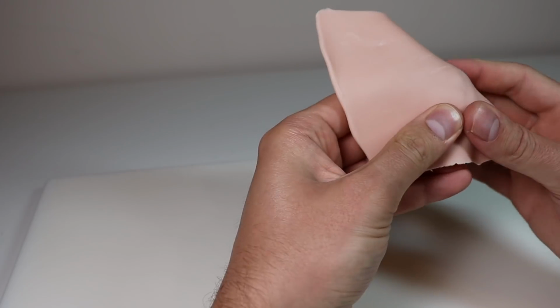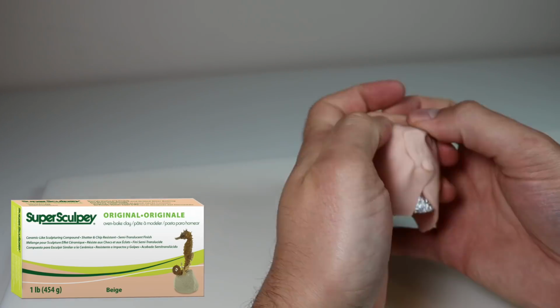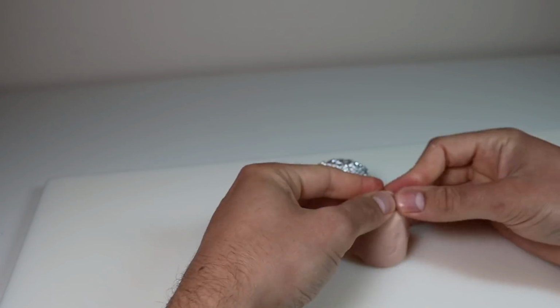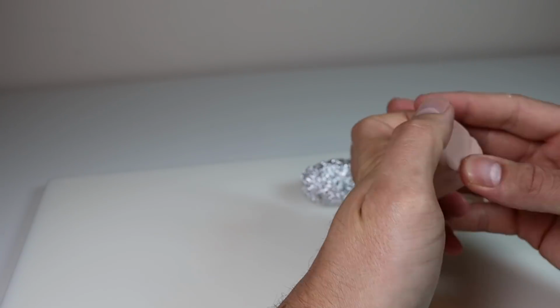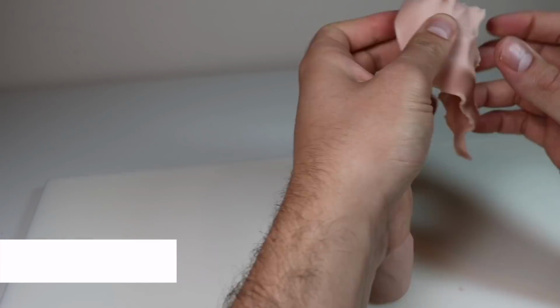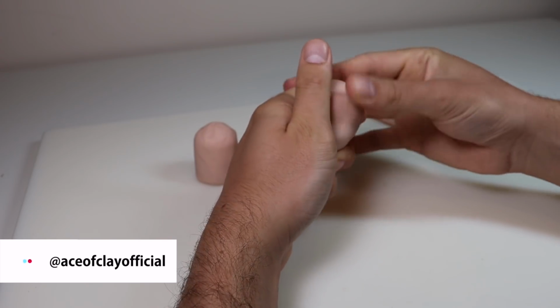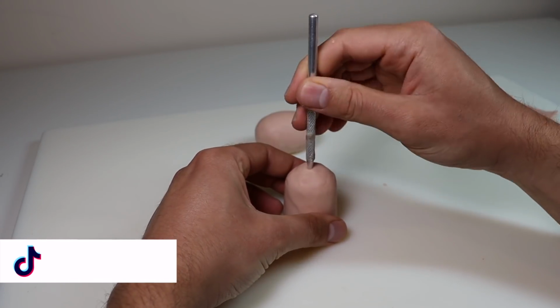And once the head and body are shaped out, we're going to cover each one separately with our clay. Today I'm using Super Sculpey Original. To get these nice even sheets of clay, I rolled it through my pasta maker on the thickest setting. If you don't have a pasta maker, you can always use a rolling pin or just press it out with your fingertips. And we're just going to smooth the surface out a little bit,